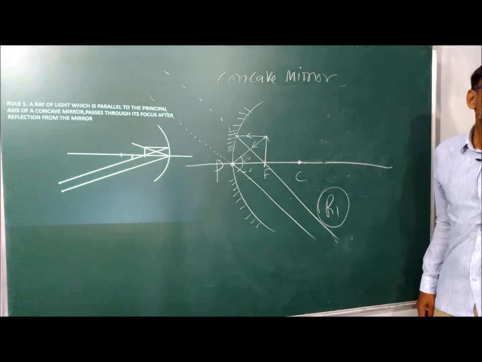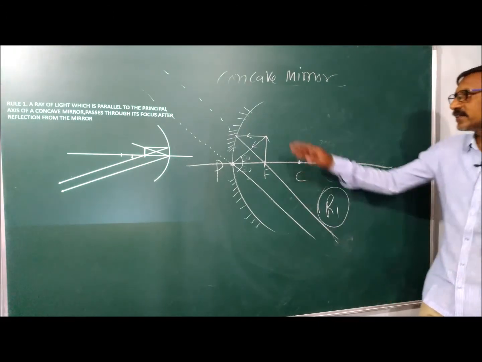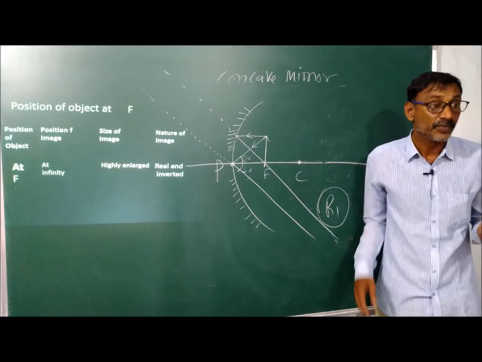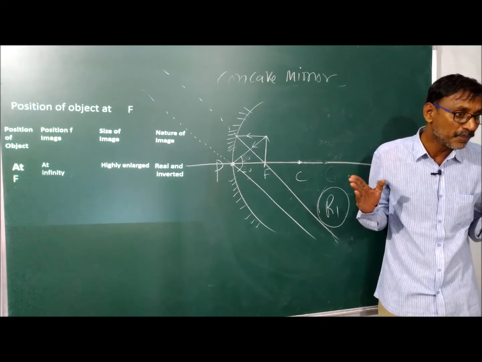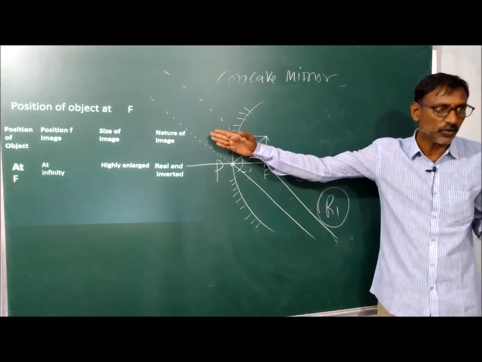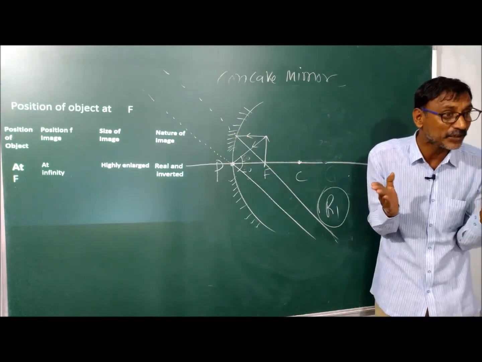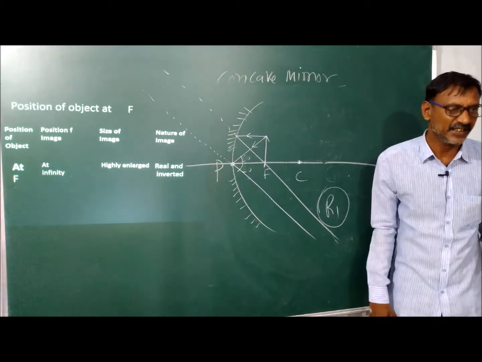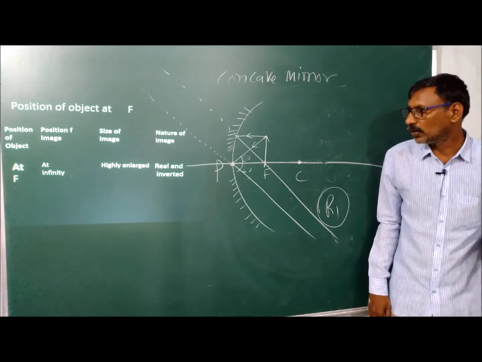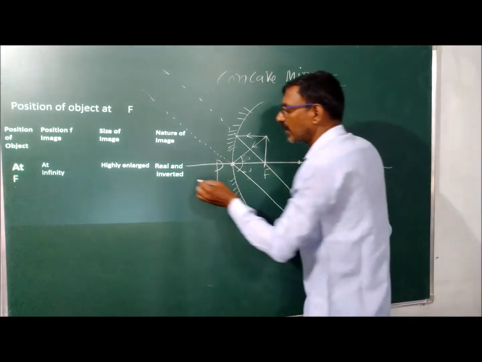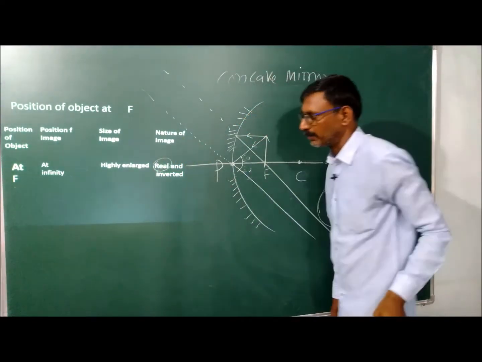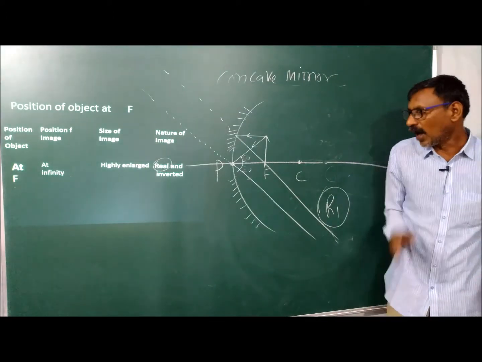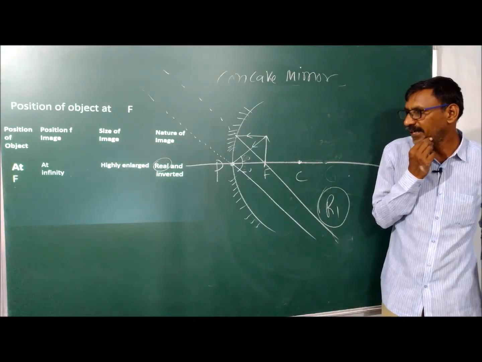We cannot say we can get the image. It is a virtual image. We cannot catch it by screen. This is virtual. We can see it, but we cannot catch it with the help of a screen. It is at infinite distance. So it is not real, it is virtual. Keep it. So this is highly enlarged. Now we are coming to the next session.